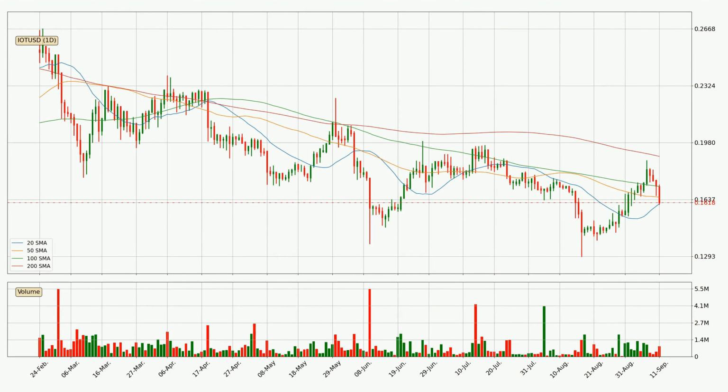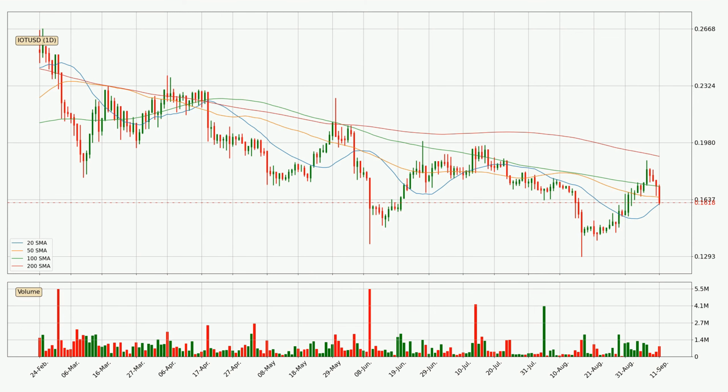Looking at the daily simple moving averages, at the moment, the price is between the 20 and the 50 SMA. If the price bounces off the 20 SMA, which is currently at 16.1 cents, it could be seen as a support, and the 50 SMA that is at 16.5 cents could be perceived as a resistance to the upside. If there were to be a break either way, it means that there could be a continuous move in that